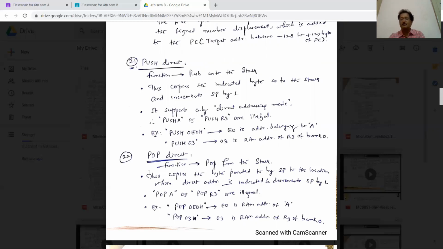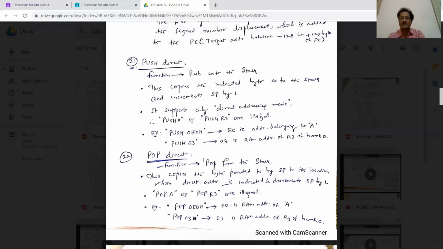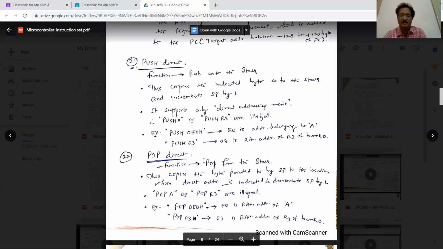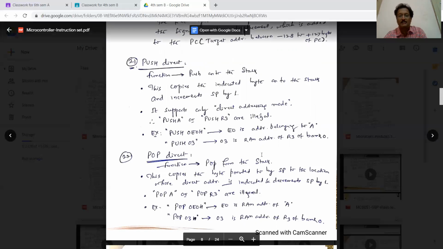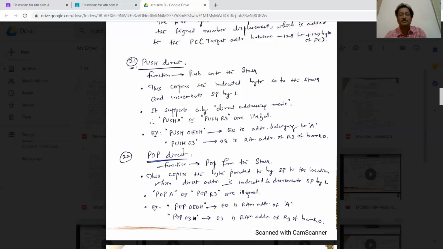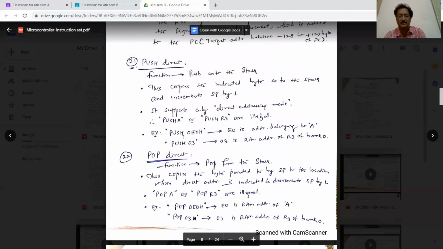So that is the reason why push and pop instructions are used in all the processors, I should say, in the 8085 microprocessor, 8086 microprocessor, your 8051 microcontroller here, or high level microcontrollers later on. Everywhere you find that the push and pop instructions are made use of, and one or two instructions are given as example also. I have listed here.